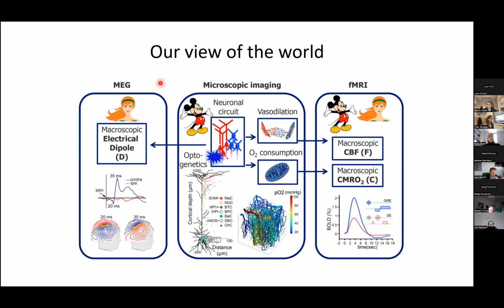Something that I don't want to talk about today, but just to mention, is that one can also do a similar kind of across-species, across-scale translation for electrical brain activity signals, from neuronal circuits to this more macroscopic generation of electrical dipole that can be picked up by EEG and imaging. So